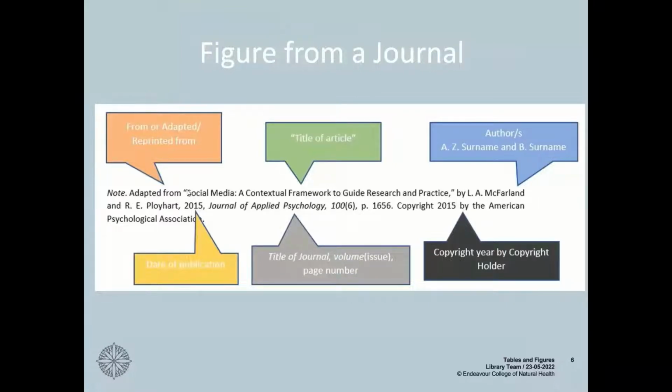And then we have the title of the journal article in title case and in quote marks, by the first initials of the author's first name and middle name, their surname. In this case, we have two author names, so they're connected with "and", and that same formatting of the author name again. The date of publication, the title of the journal the article was published in, the volume, the issue, the page that this figure came from, and then the copyright information. So like you can see here, it's the same format again, obviously just different information for different sources. But the more you do it, the more you'll get used to that formatting and the easier the referencing this way will become.